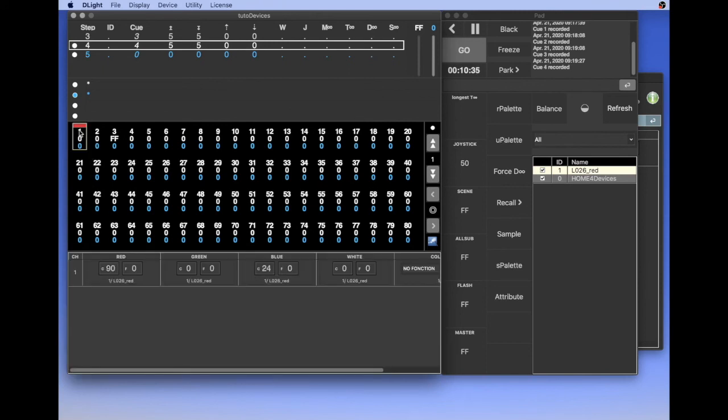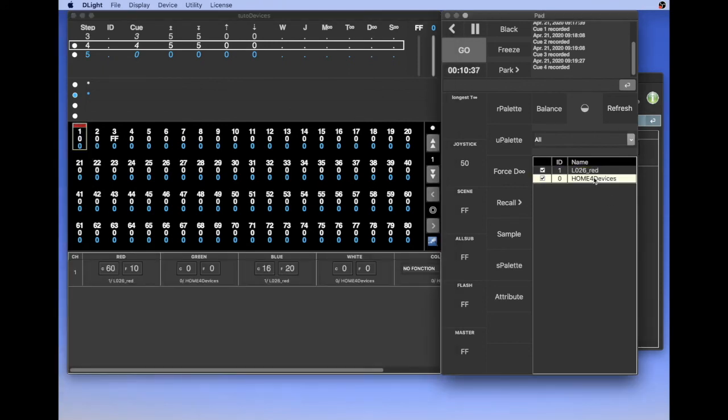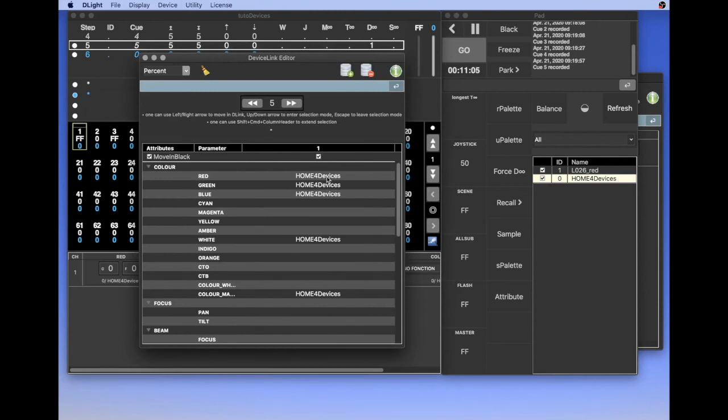Now, if I set it to home, give it a level and record Q5, you see that Daylight has created a device link, because the state has changed and the level of the device is not 0. So it created a device link with the palette which is applied.